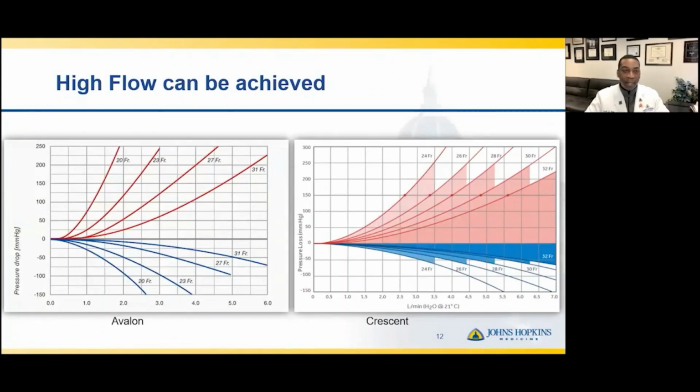Here, showing why that benefit may be achieved, and looking at the Avalon and the Crescent catheters, I've taken from both manufacturers' websites their flow curves for their particular size catheters, and we see that while the size ranges may be pretty similar, the Crescent catheter can achieve higher flow rates at less pressure. It's certainly been within our experience that with Crescent cannulation we consistently achieve between 5.5 to 7 liters per minute of flow, but only between 4.5 and 5.5 liters per minute with the Avalon catheter. Whereas this difference may not have been significant for our non-COVID populations,